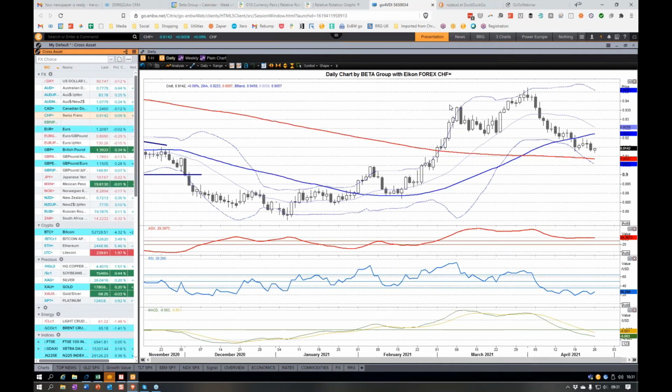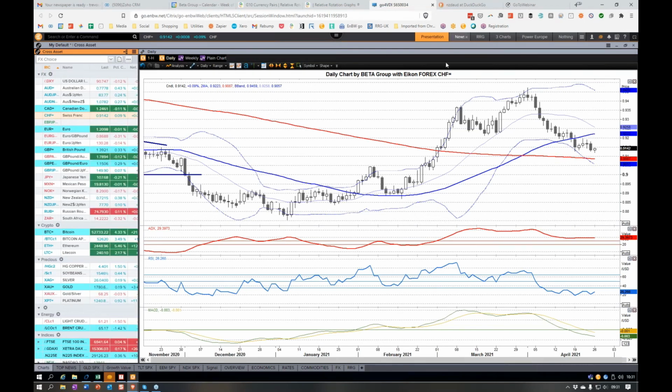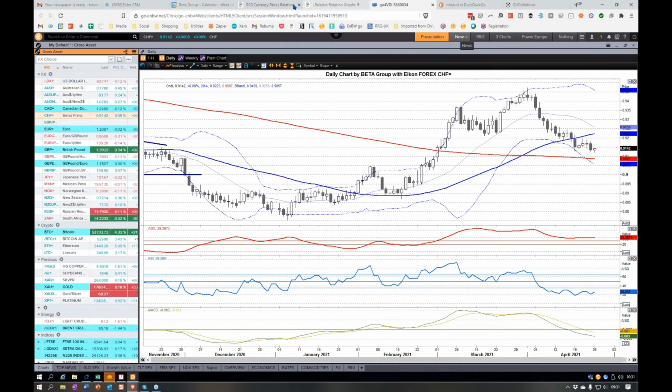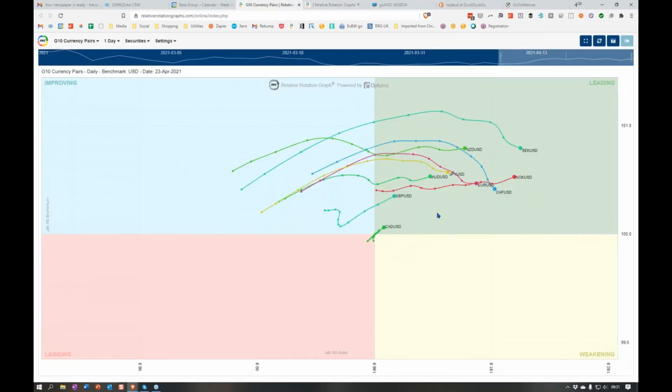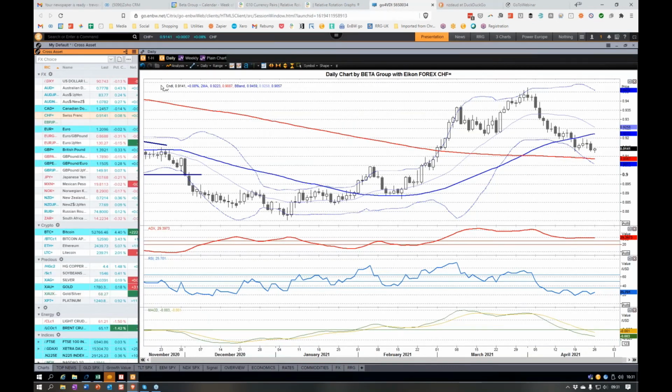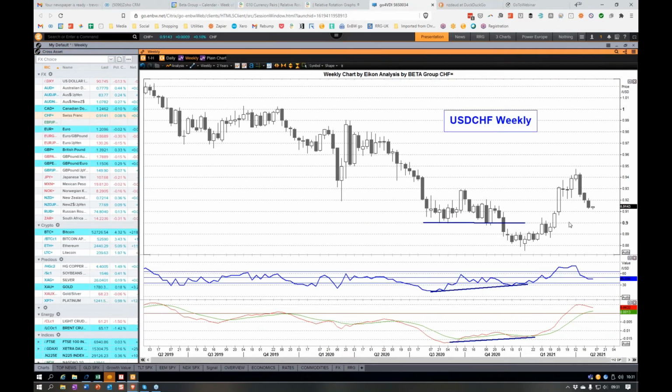Okay, remember where it was in the RRG? Let's just remind ourselves where it is on the RRG. So here's the Swiss franc right here on the right, just behind the Norwegian crown, but ahead of the euro. So in terms of preference, as long as the absolute chart is also good, we would like this. So here it is. Let's look at the weekly first, and the dollar has fallen, so that is the Swiss